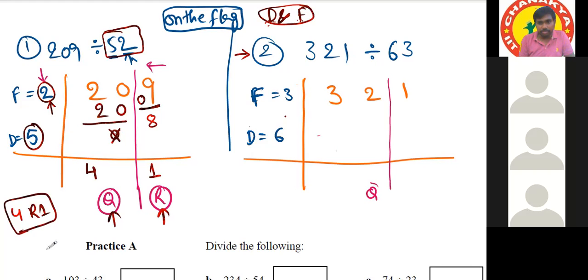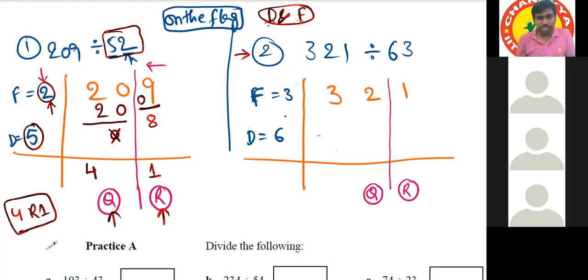Sir, before we do the separation, sorry, sir, can you do 2024 divided by 57? Yeah, we'll do one more question after doing this one. Wait, sir is telling this one, then next. Yeah, let us do that question also.